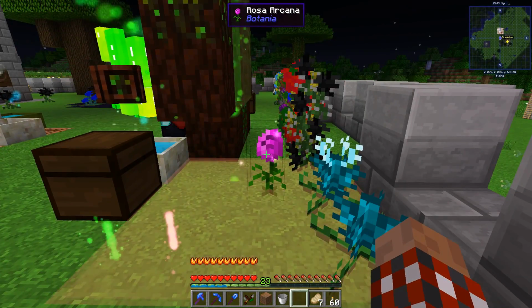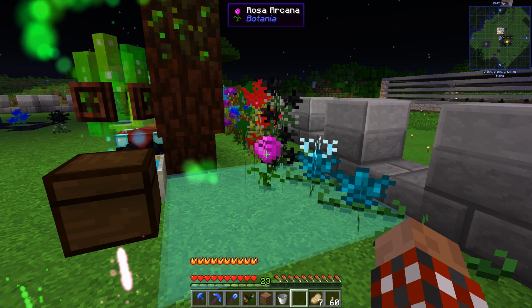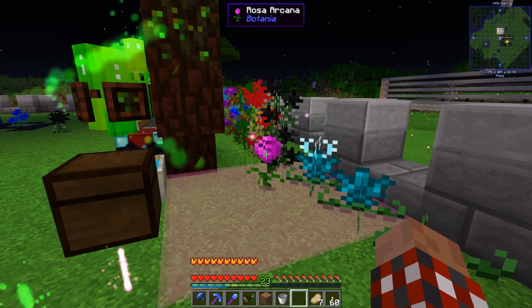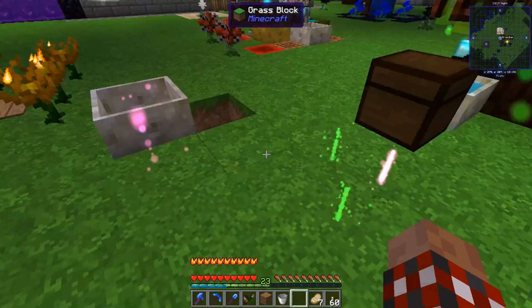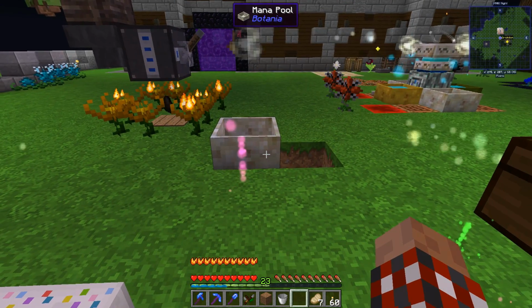So there's the Rosa Arcana. If you have anything like a mob farm that produces XP drops from killing the mobs, like spikes or stuff like that, you can have these Rosa Arcana in place. It will eat those XP orbs and turn them into mana. And then if you wanted to keep the mana, you could keep the mana, or you could have it set up